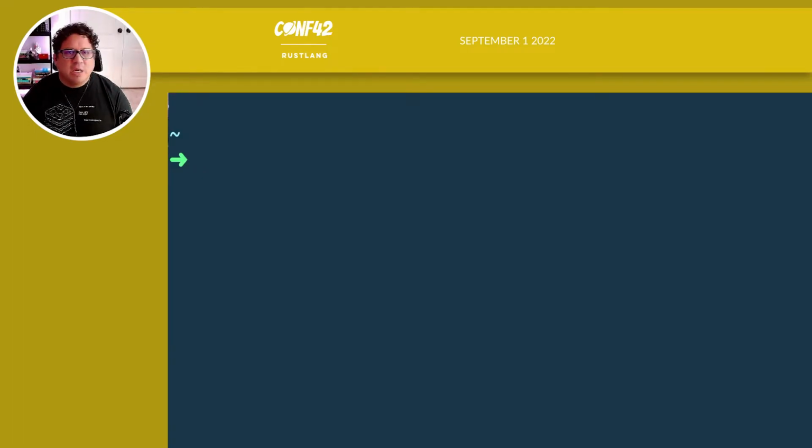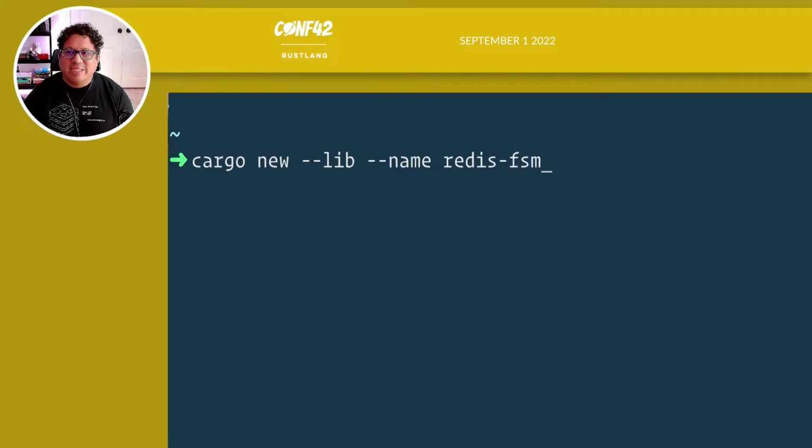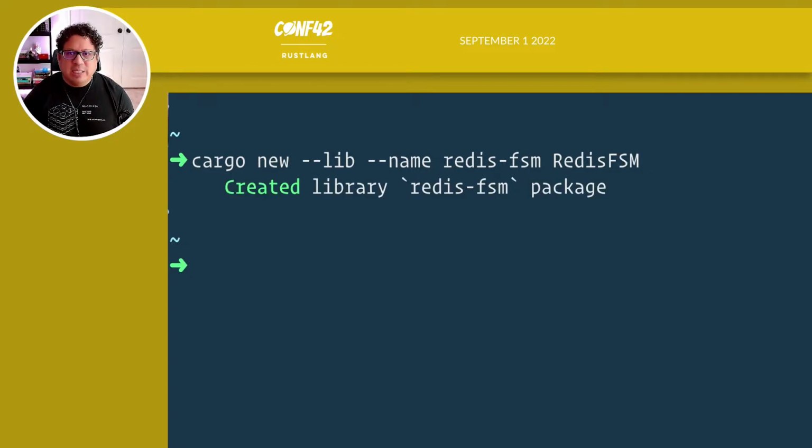All right, so we're going to kick off our demo by creating a new library using the cargo new command. We're going to pass the lib flag. I'm going to name my library Redis FSM for Redis Finite State Machine, and I'm going to put it in a folder called RedisFSM, all in camel case. As you can see, we have the output of the library being created. And let's cd to that folder